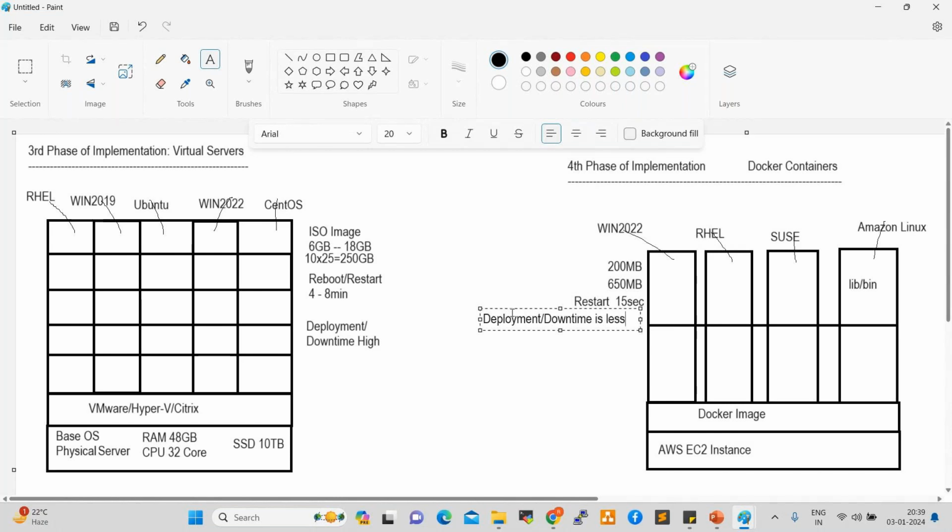These are all advantages of containers. Deployment time and downtime are very low, so that is why every project team is looking for Docker containers. Currently we are using digital applications like Flipkart, Amazon shopping site, Myntra, Meesho, Trends. Those applications are hosted in Docker containers.